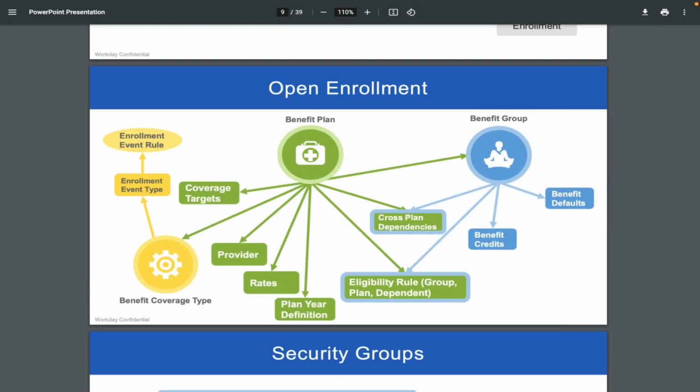Okay. First, let's see what are the types of benefit plans we have. We have two types of benefit plans. One is monetary, another one is non-monetary. Monetary means employer will give the benefit plan in the form of amount. Example, let's say an employee is eligible for a metro train ticket. Every month, company is giving 500 US dollars for that employee for accessing this metro train. So here they're giving the money in the form of money,